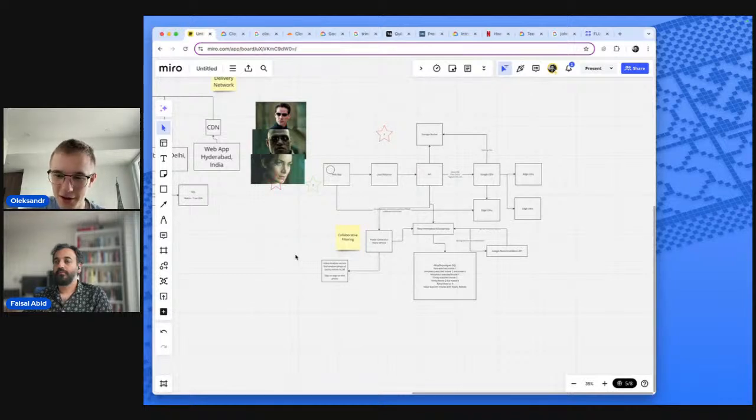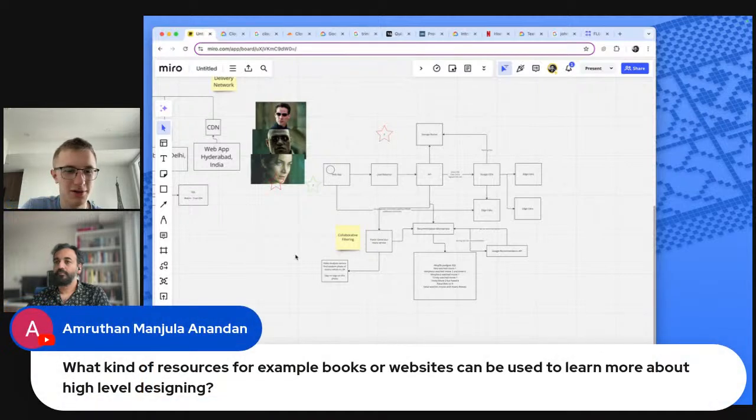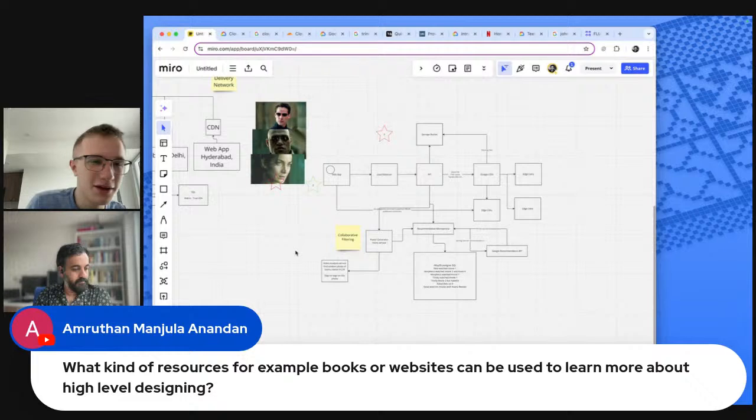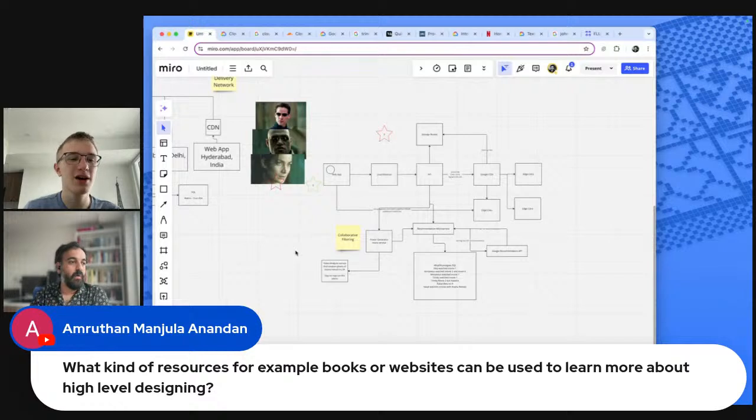Great. I think there is one question generally about resources, like books or anything about system architecture, high-level system design, that might have helped you learn all of this. I know that it's mostly experience, right? Yeah, I think that's the key. I would say books and stuff are good, and you're going to find a lot of YouTube videos and blog posts about this if you just search something.